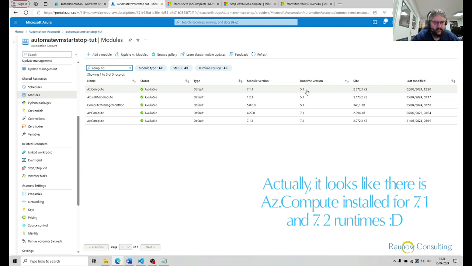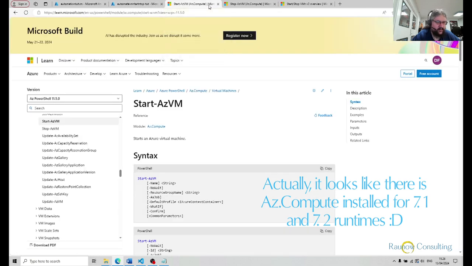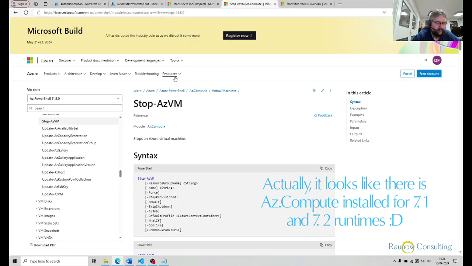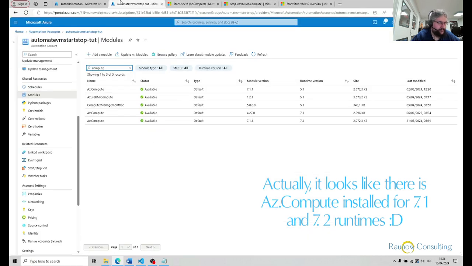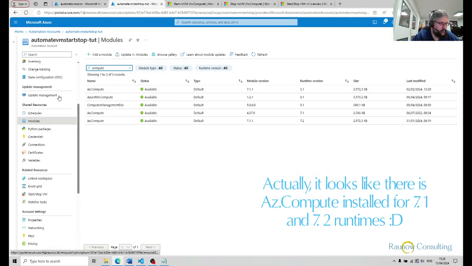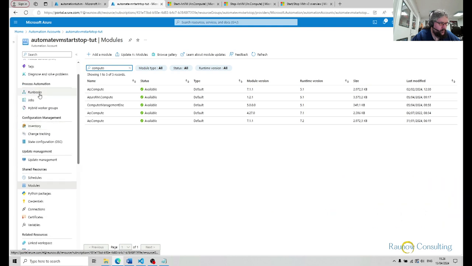This is why our runbooks are going to actually use that runtime version. And I'm looking for compute because if you check the documentation, we're going to use Start-AzVM and Stop-AzVM. You can see that both of these are part of the compute module. Okay, so if we go back to our runbook,